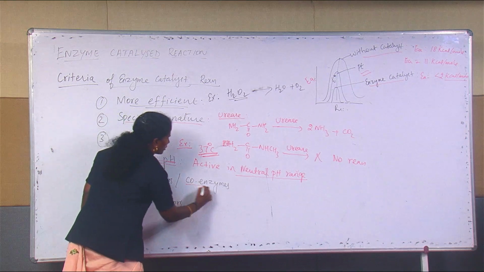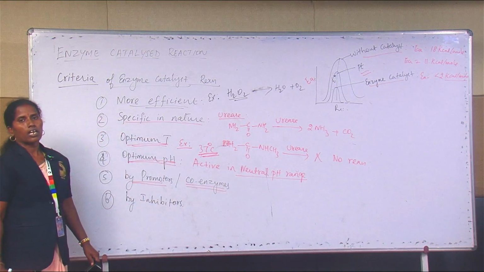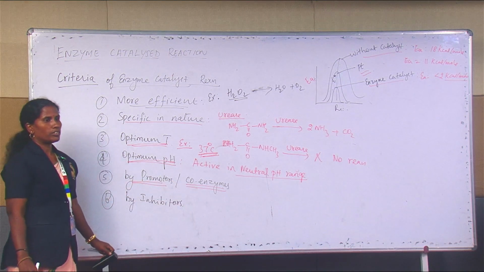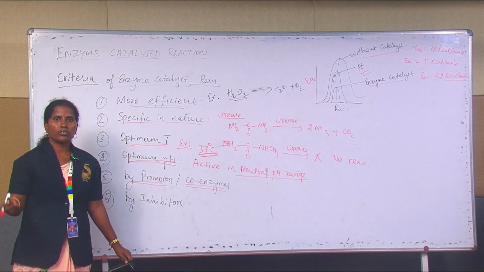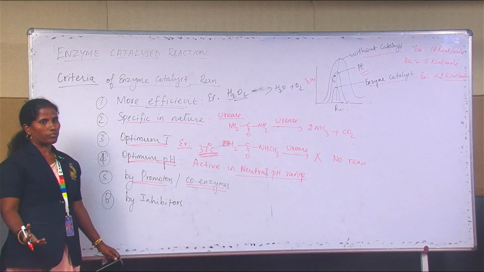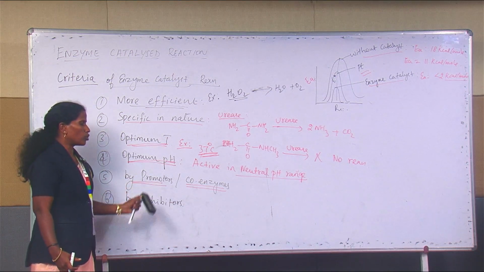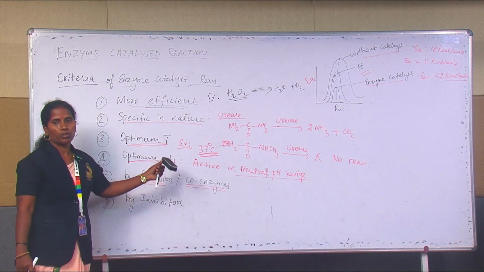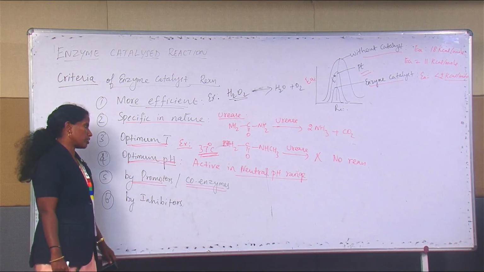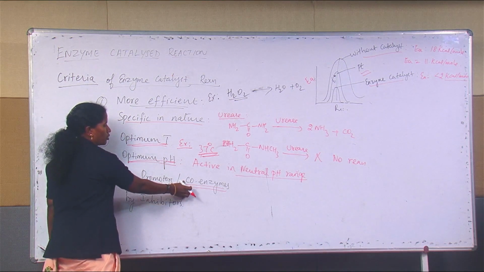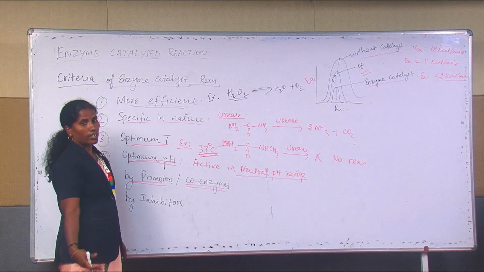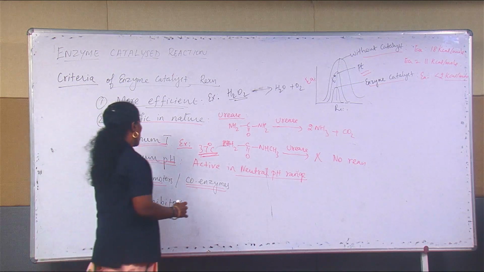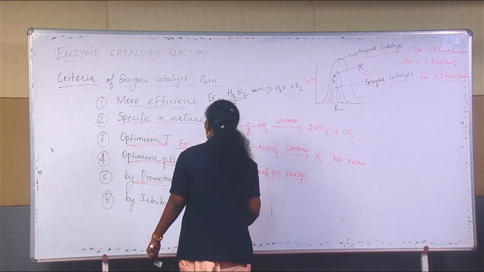The next one, enzyme catalyst reactions are activated by using promoters or coenzymes. That means if any substance is added to the reaction which increases the rate of the reaction, that substance is called a promoter or coenzyme. Coenzyme means non-protein part. Enzymes are the protein part, coenzymes are the non-protein part. So if you add some non-protein part into the reaction, it increases the rate of the reaction, that is called coenzyme. So examples for promoters: